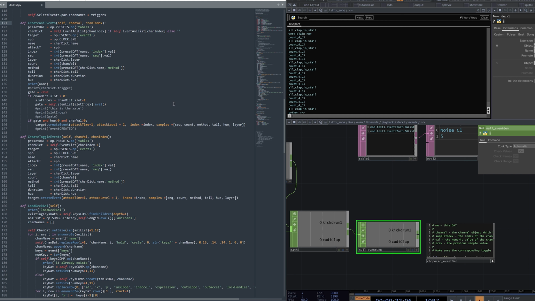So for each event that gets called, we are asking for the details that we have determined inside of the lister UI component.